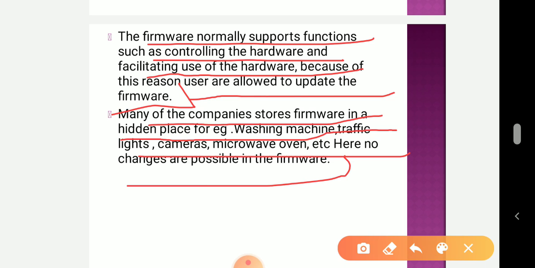These devices have utilities such as a quick wash in a washing machine and an alarm in a microwave. If your food is ready, the alarm rings. If your clothes are washed, the alarm rings. So these basic utilities are not to be changed.